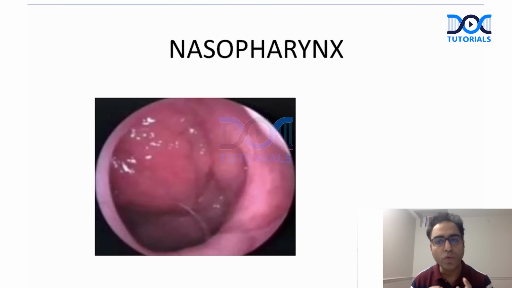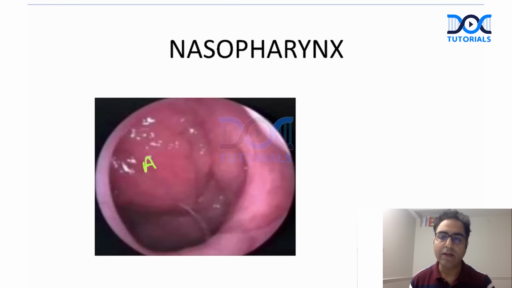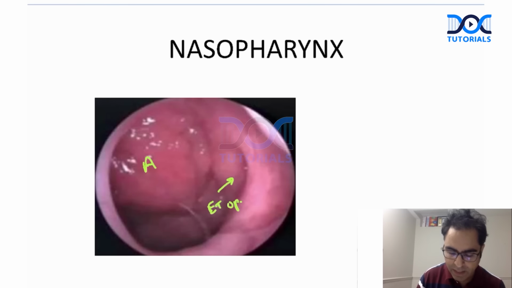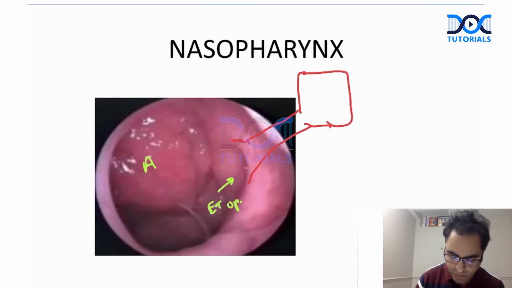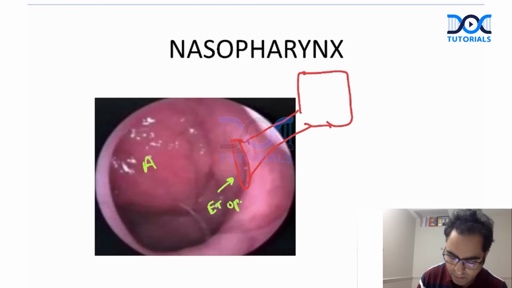In the nasopharynx, you've got two important landmarks. Number one is, of course, the adenoid tissue, which is more prominent in children. This A represents the adenoid tissue, which is a lymphoid tissue, and it's more prominent in children. And of course, this is the eustachian tube opening. And I hope you remember the eustachian tube connects the middle ear to the nasopharynx, and this is the middle ear, and that's the eustachian tube, and it's connected to the nasopharynx via the eustachian tube. That's the rough outline of the design. This ME represents the middle ear, and if you remember,